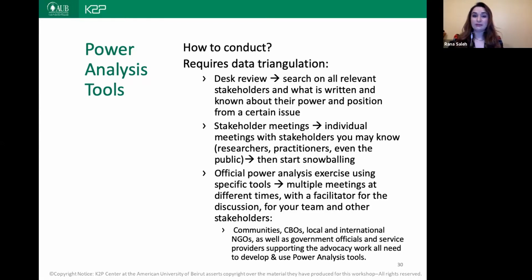If there is anything still missing, you have to go through some stakeholder meetings. Probably go to some people who you think might be supportive of your campaign, but who have more connections and more relationships or more experience in the field. Then you can get a sense of their opinion about the stakeholders, who are the most important, and what the appropriate framings and arguments are that people are using. Then start snowballing from there.